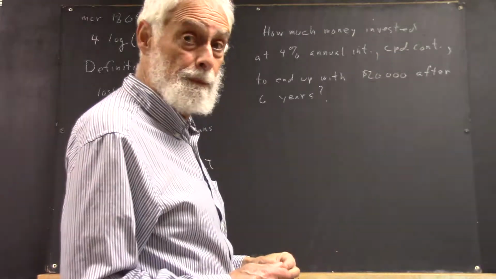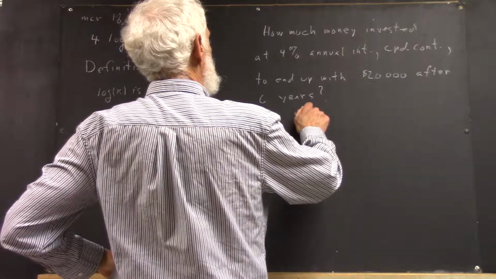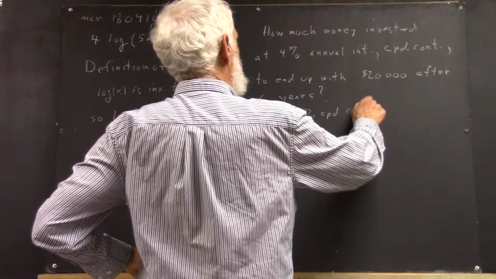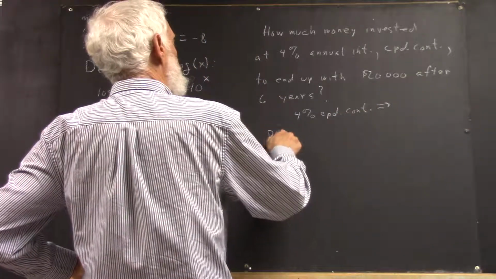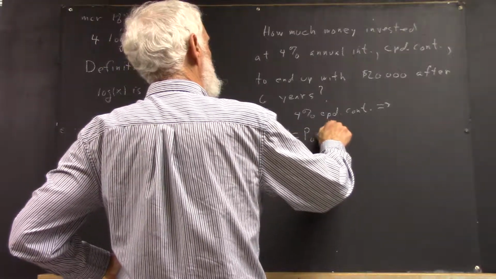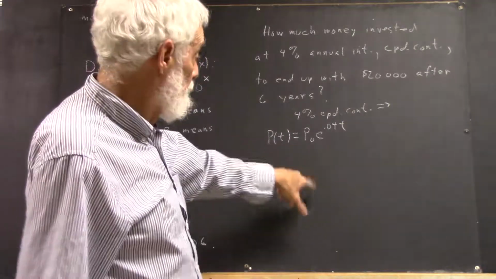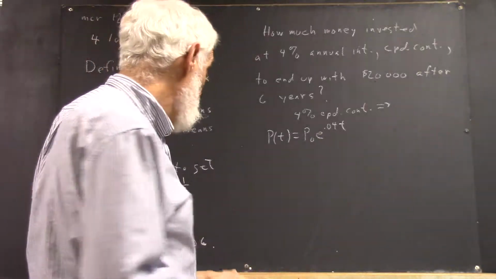So if it's compounded continuously, then it would be 0.04t. Yep. It means your principal function P of t is your P naught e to the 0.04t, because you have to know,